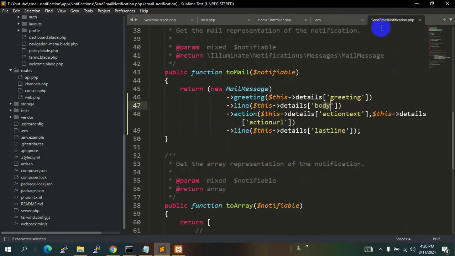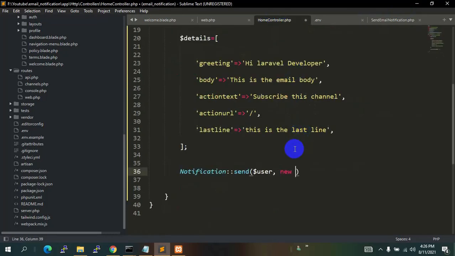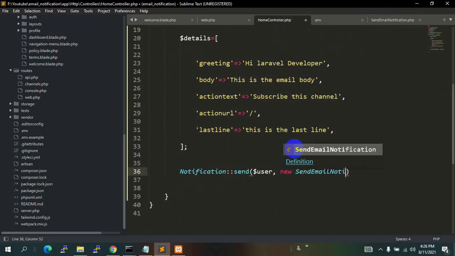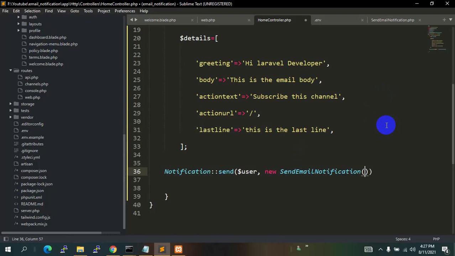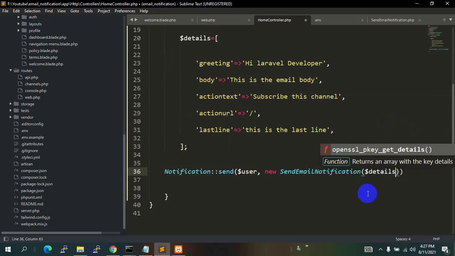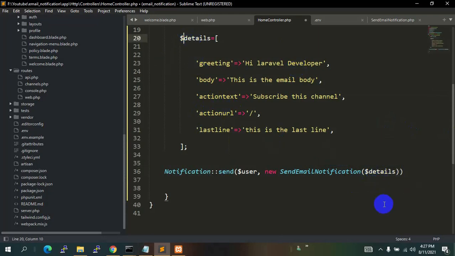Here you can see this file name is send email notification, so we need to say send email notification, then first bracket, and inside it we'll say $details. Now this details is actually this one.